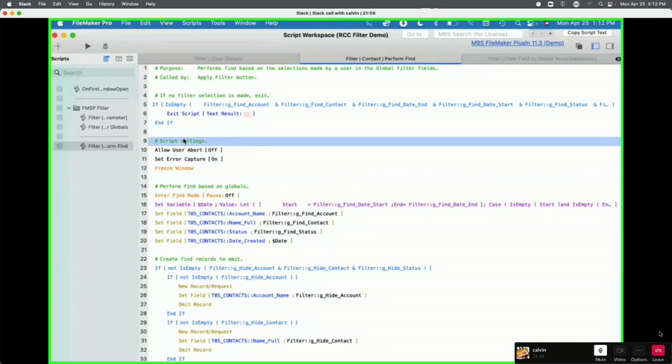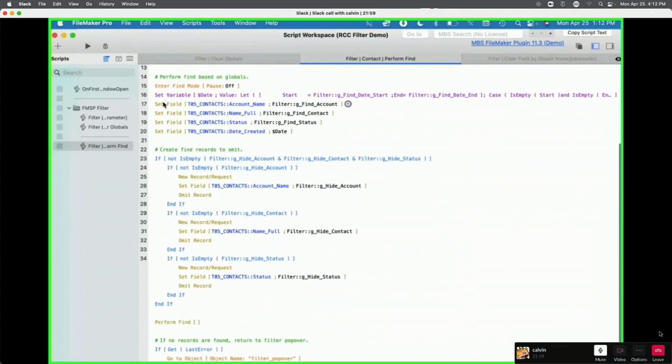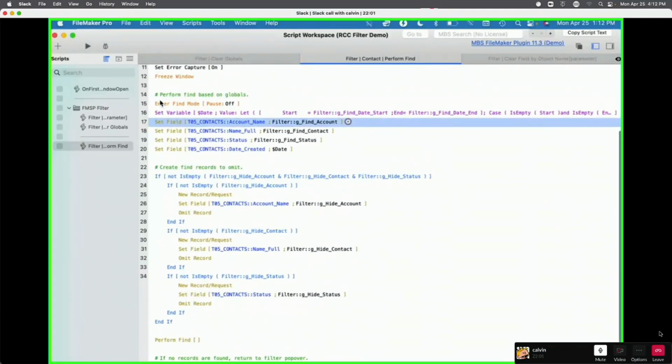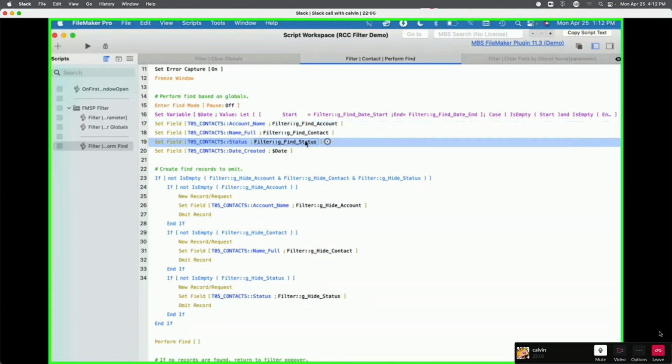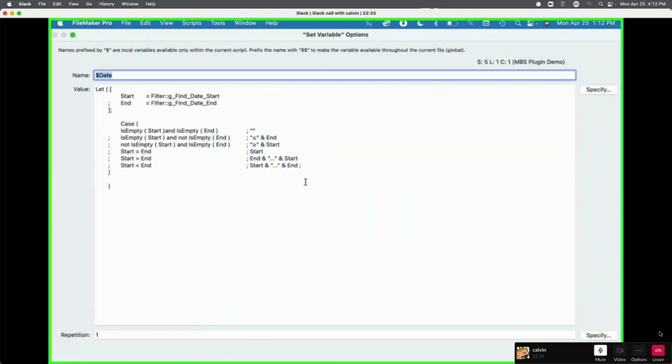Then we go to our script settings, and here we enter find mode. For most of these, we just set the field with that global field. When you're in find mode, the global field, because it's global, continues to have the value that was set in it. So we can just say, set the field in find mode with the global field value. The only exception where I'm using a variable is in the date, setting the date. And here we can look at this